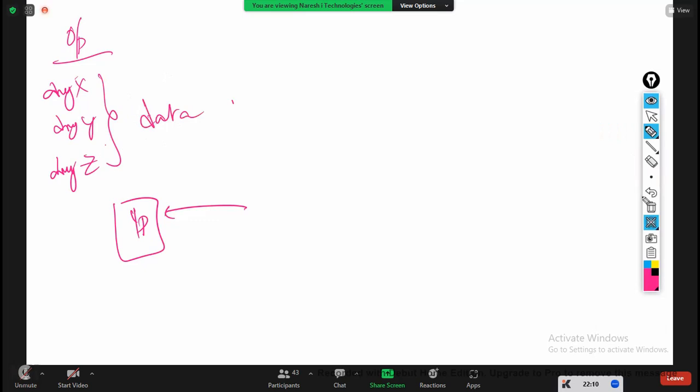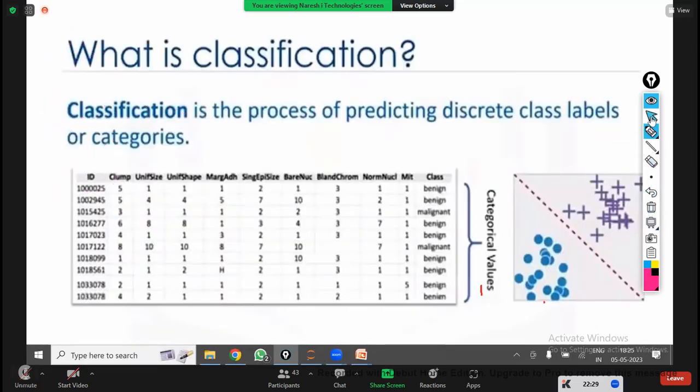Right? So if the output variable has fixed categories, and out of these you have to select one, then it is called a classification project. Fixed categories means that is nothing but categories. Wherever the categories are there, it is a classification project. If there are no fixed values, and anything can be there,